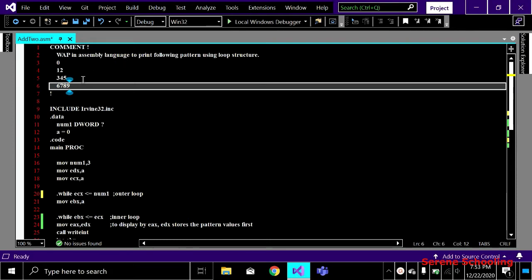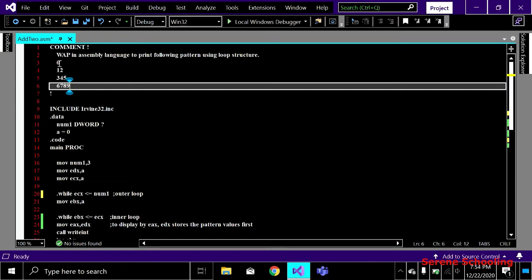So we are going to have 2 loops, one for controlling the row numbers, and second for controlling the number of columns. And you can also see in this pattern that in row number 1 I have only 1 column, in row number 2 I have 2 columns, in row number 3 I have 3 columns.